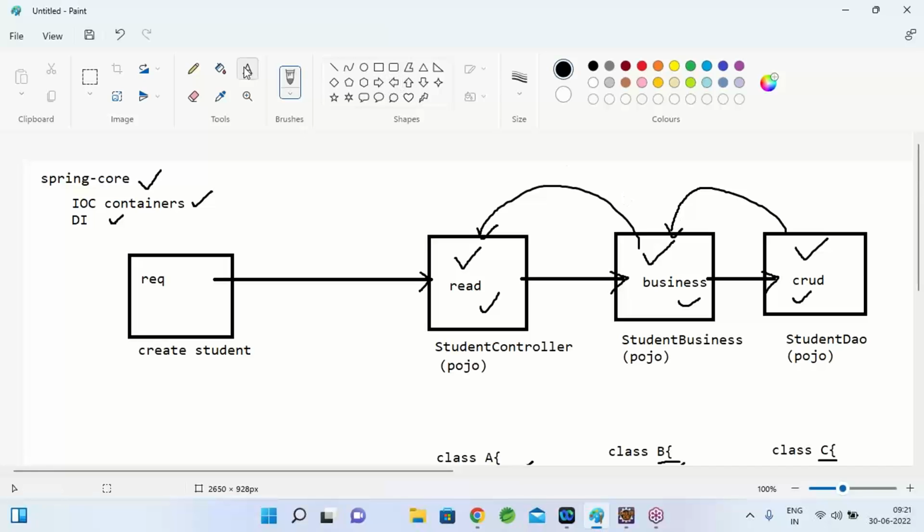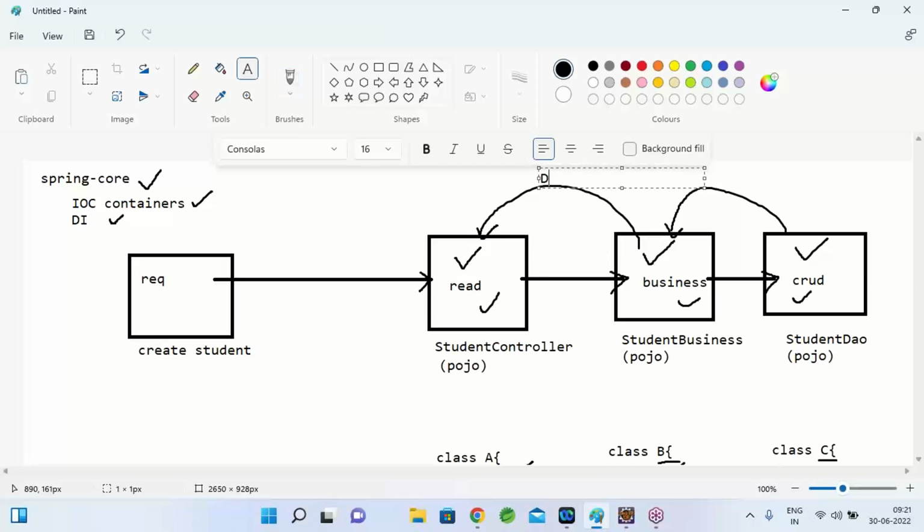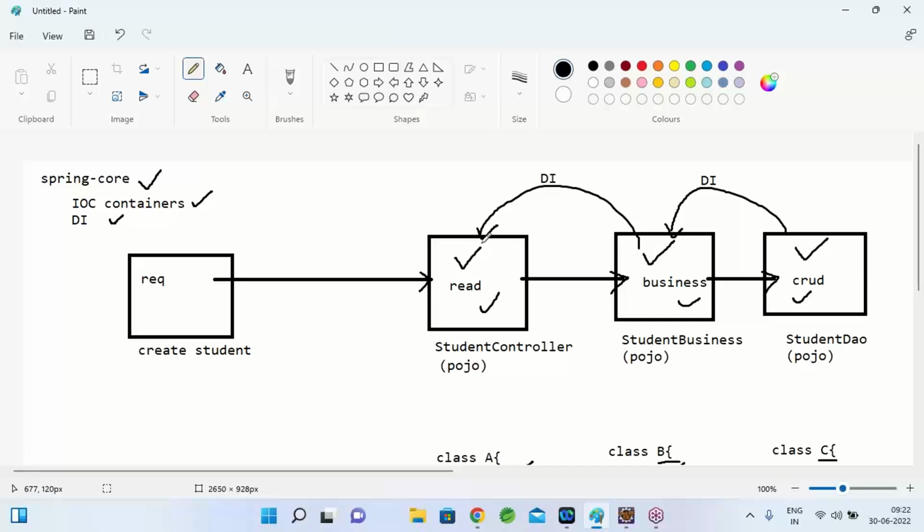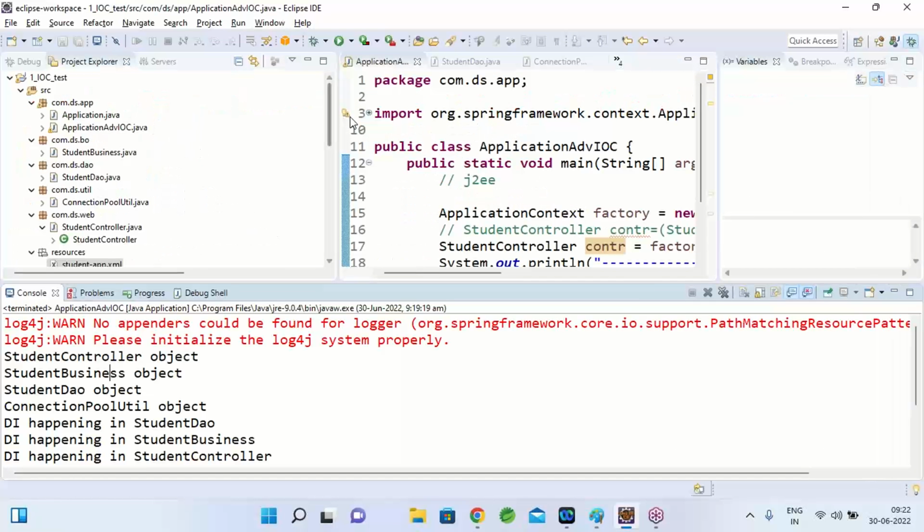Your IOC container can create these objects and inject one object into another class. Why is this dependency injection required? If there is no dependency injection, then there is no use of the created object. You created an object, and if you couldn't supply it into another class, then what is the use of that object? So your container is creating objects only for doing dependency injection, so that we can supply them wherever we need and execute the methods. So the developer can comfortably leave this object creation part and dependency injection part to your IOC container by just doing these configurations